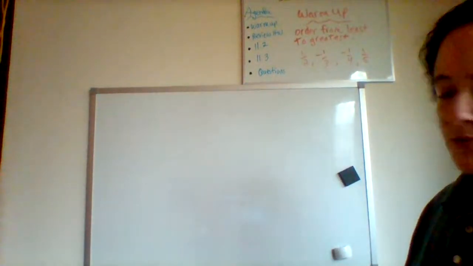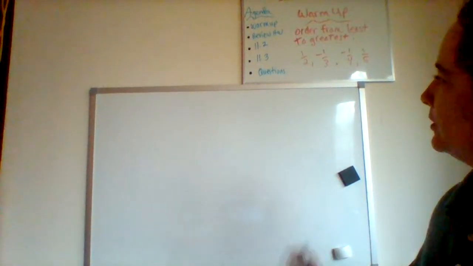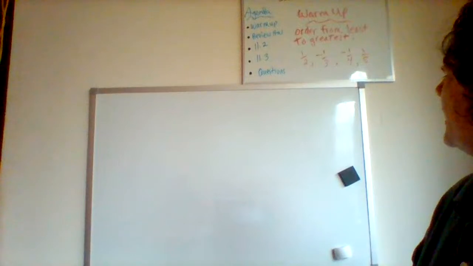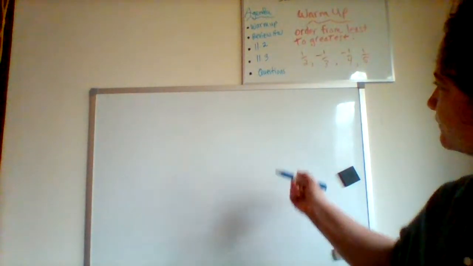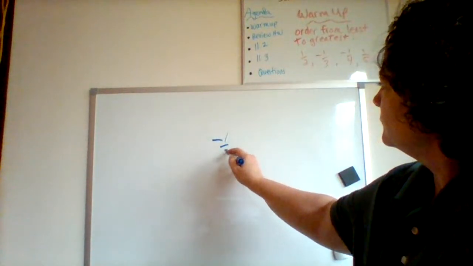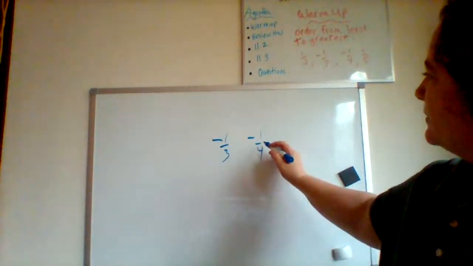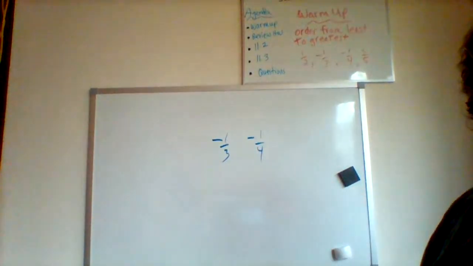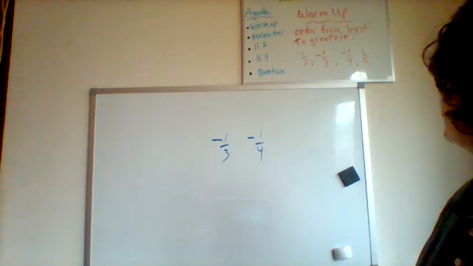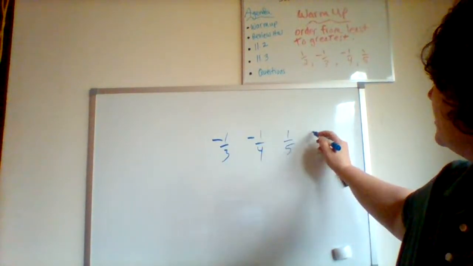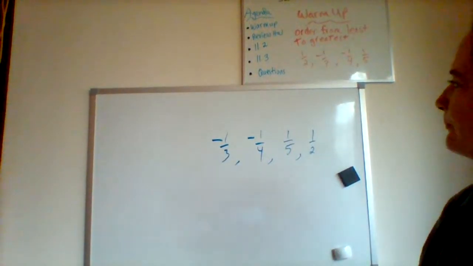2 negatives, 2 positives, right? So if you put them in order from least to greatest, you know that the 2 that are on the far left have to be a negative third and a negative fourth. And then you know that the 2 on the right have to be positive, because positives are always more than negatives, right? And then you got your fifth and your half. And if you're not sure why,